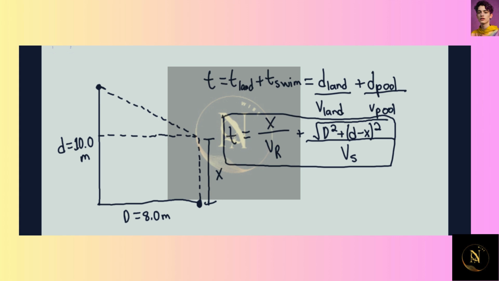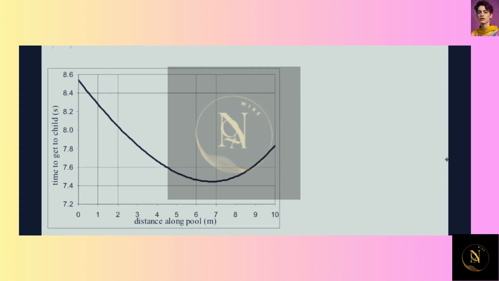For part B, this would be the graph. We can model this, and in order to minimize the time to get to the drowning child, we need to take the minimum of this graph, and essentially it occurs approximately right here. So we're going to say that this is 6.8. Therefore, T min